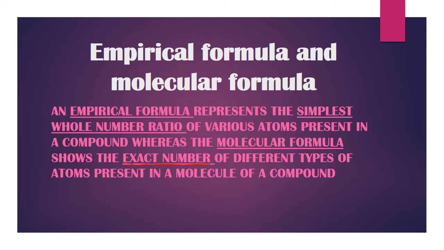Say for example, C6H12O6. This will be the molecular formula for glucose, because here we are showing exactly what elements are present and how many atoms of each element are present. But if we take the simplest ratio of this, it becomes CH2O. The simplest ratio here is